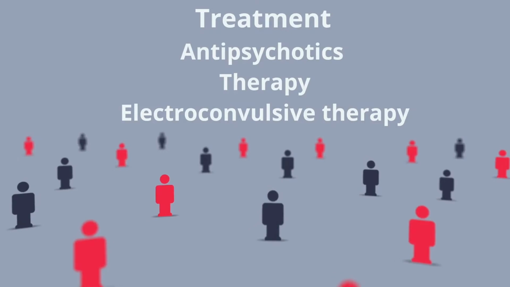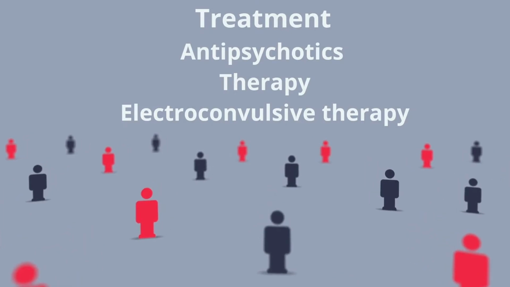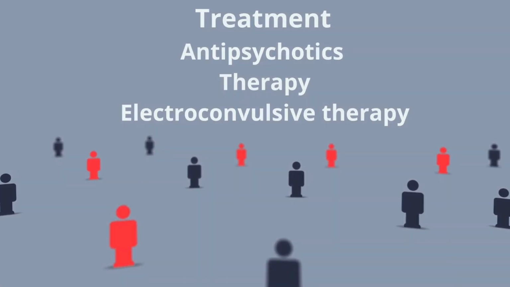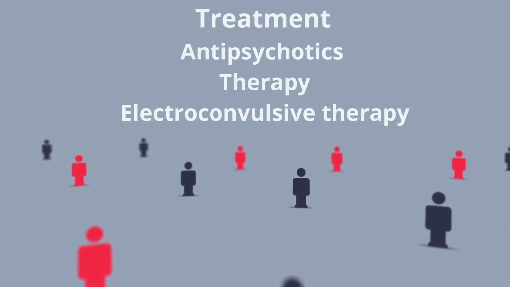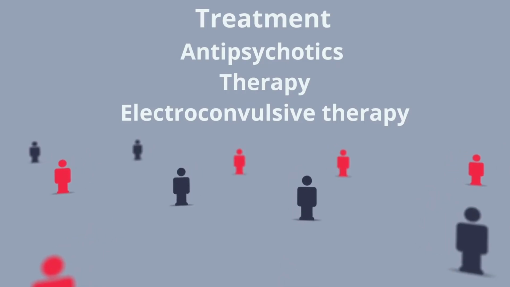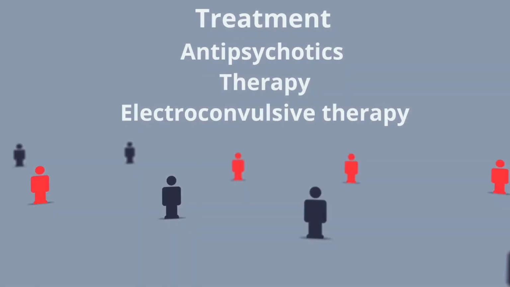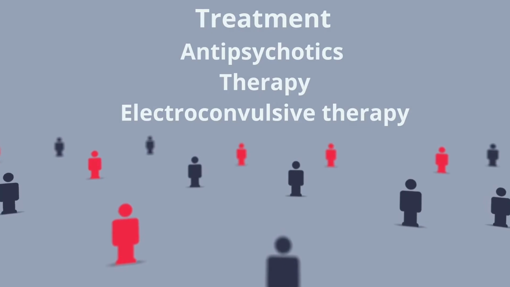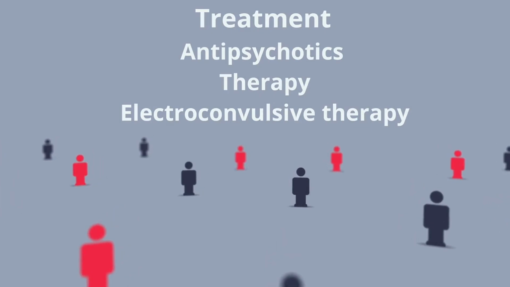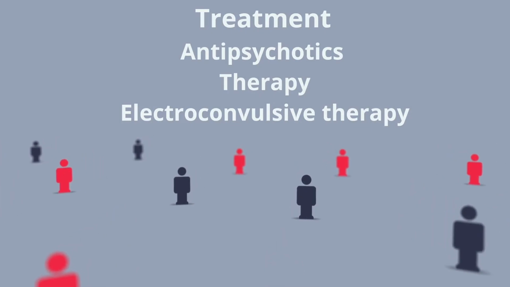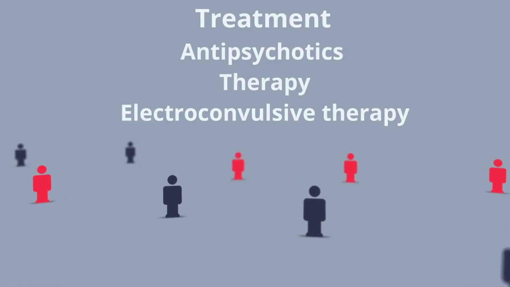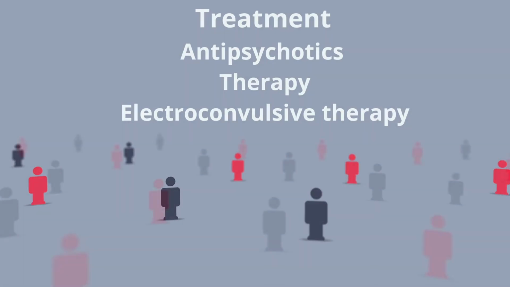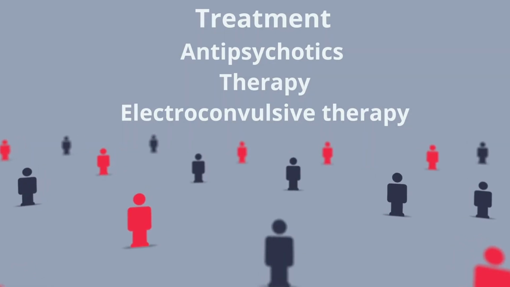Schizophrenia is treated with a variety of disciplines, normally combining antipsychotic drugs with therapy. However, the more that someone with schizophrenia goes undiagnosed while they exhibit symptoms, the more difficult it becomes to treat the disorder. And this is because the more that the individual experiences hallucinations, delusions, and other symptoms that we've talked about, the more that these symptoms become hardwired into their minds.